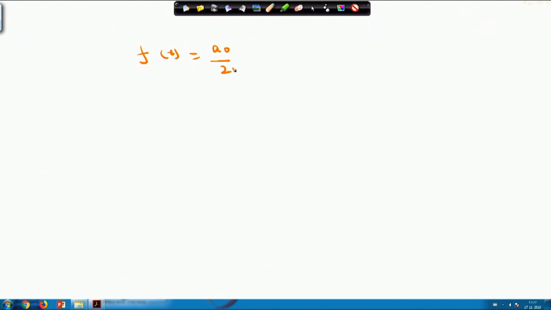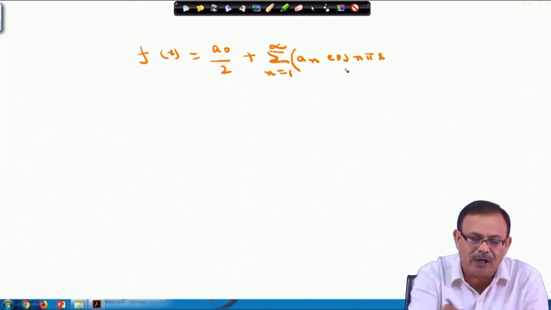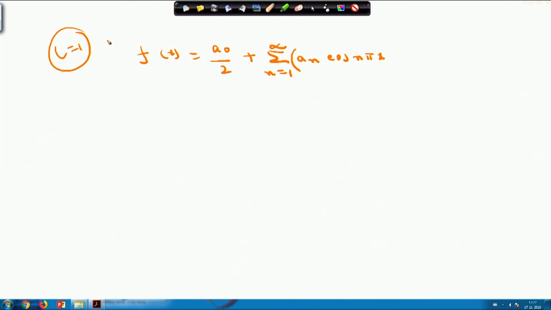So, f x can be represented as a 0 by 2 plus summation over n equals 1 to infinity of a n cos n pi x by L plus b n sin n pi x. Here the period is 2, so L is equal to 1, because the function is defined from 0 to 2. Where your a naught will be integral 0 to 2